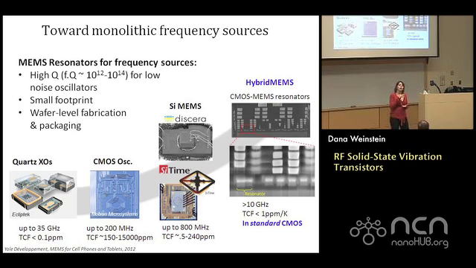And because they're acoustic resonators, they're very high quality factor. They have very low loss. That translates to low phase noise oscillators, right? Another reason why quartz is a fantastic choice for frequency sources is because it has fantastic thermal stability. So temperature coefficients of frequency of less than 0.1 parts per million across over 100 degrees Celsius